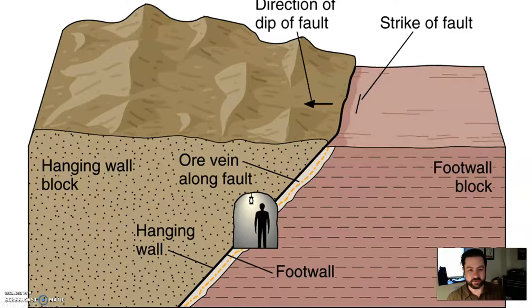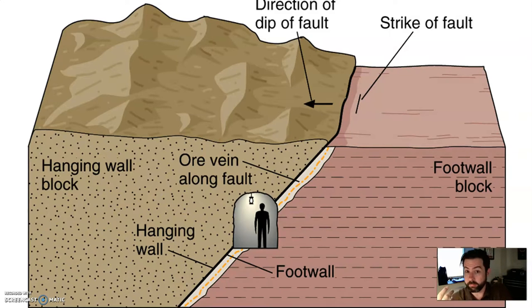Now, where did these names come from? It actually came from mining. A lot of times when you're old miners, or even now, you're looking for faults. The reason being, if there's some break and movement of rock, that means there might be some gap in between those rocks. And if there's gaps in between those rocks, that allows for mineral-rich water, mineral-rich magma to make its way through these gaps, depositing valuable minerals, and thus miners can go into these faulted areas to mine out these veins of